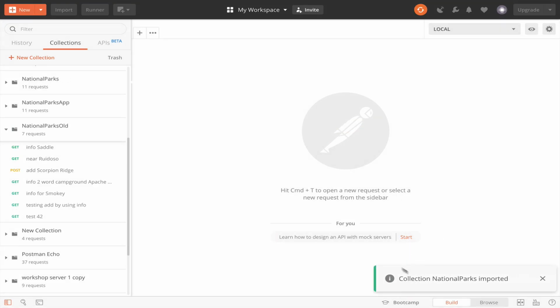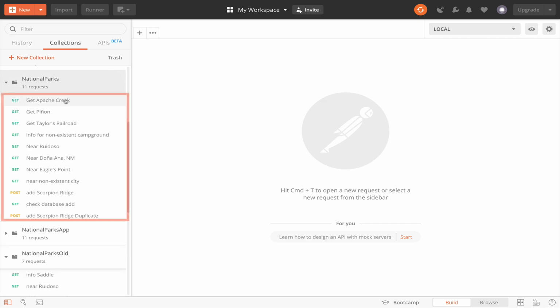And it says Collection National Parks imported. My national parks are up here. There's 11 requests. I can see them. I have Get Apache Creek, Get Pinon, and others. So that's my national parks collection that we'll be using just to test and run through our code as we